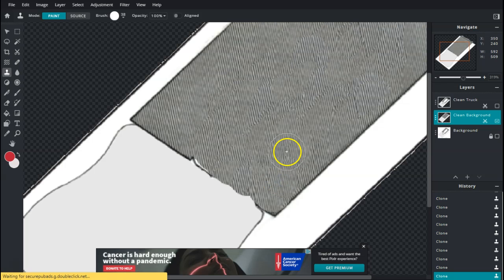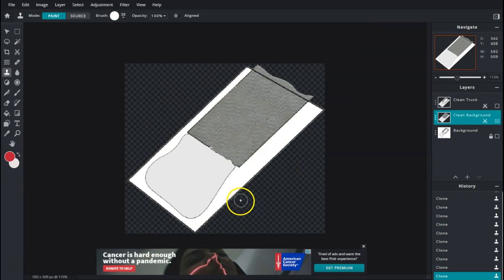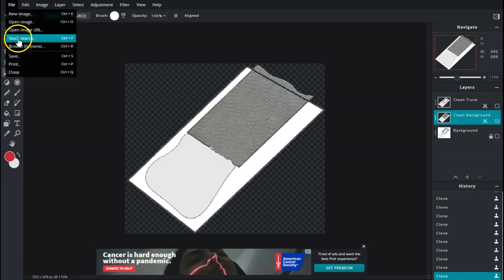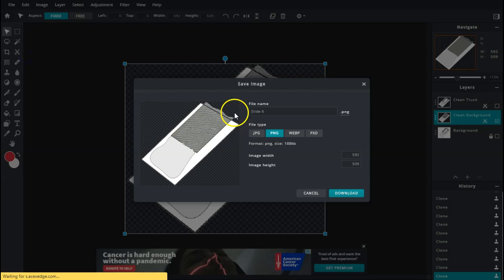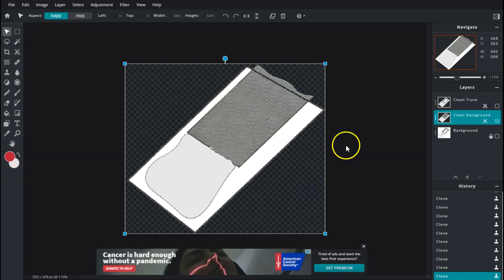And so now in about 3 minutes, we have cleared out the landing area. What you're going to do now is go to File, Save, and then call this one landing at Slide 6, Clean Landing Area or Clean Background, whatever nomenclature you want to use. Okay. Now, once we've done that, the last thing we've got to do is go up and clean off the